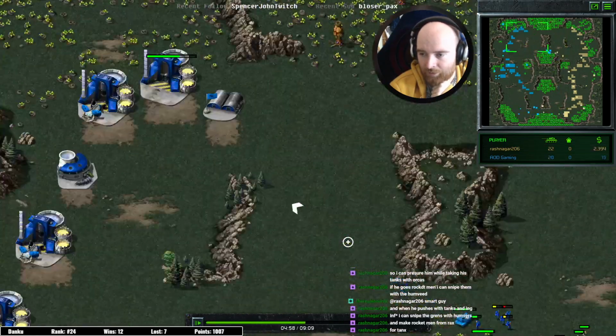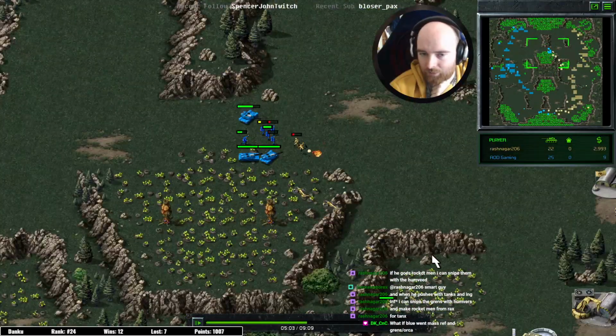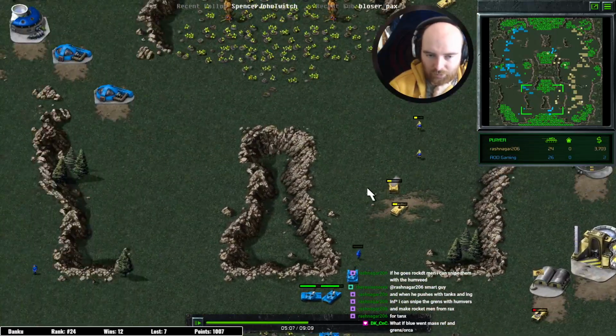Meanwhile, at the top, the little attack force here from AOD. It's quite scary for Rash. He doesn't have much up here to hold it. He's aware, he's going to bring the orcas. What if Blue went mass ref and Gren's orca? So